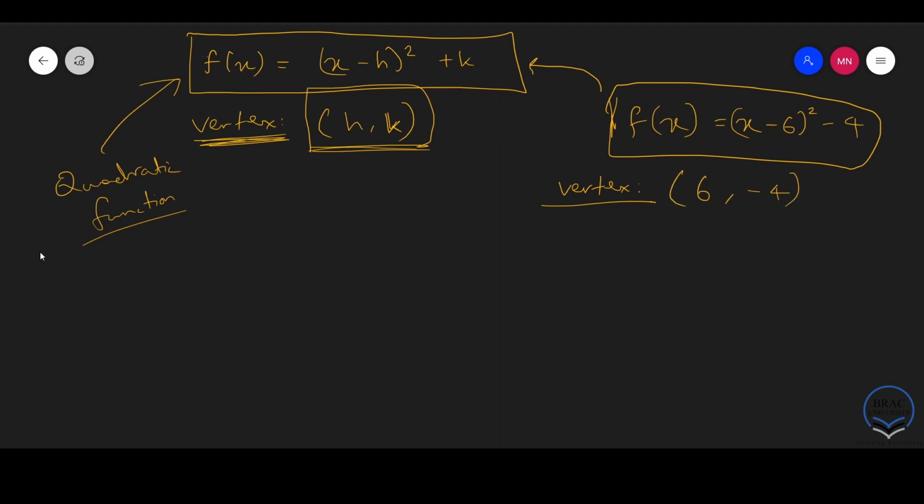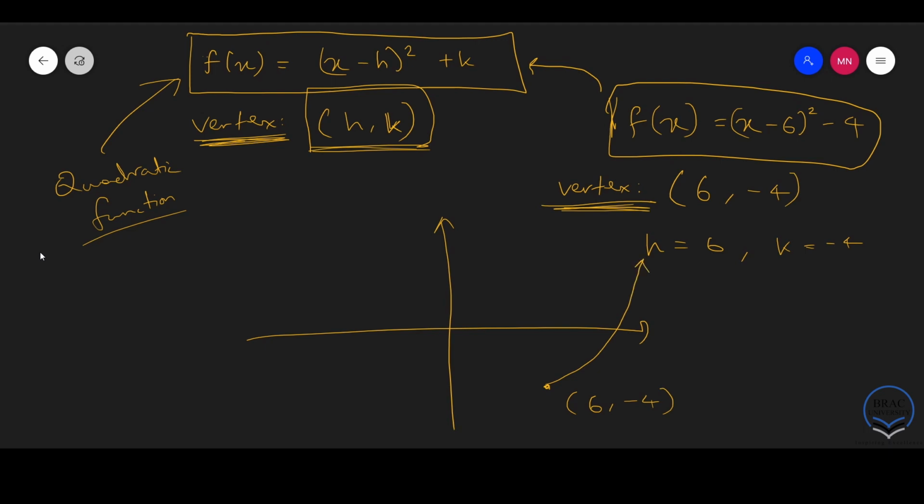So in this case, h is equal to 6 and k is equal to minus 4, right? So then we can easily plot the graph of this function directly by finding the vertex. So the vertex will be somewhere here, which is 6 comma minus 4, and then we can just draw the graph of this function,